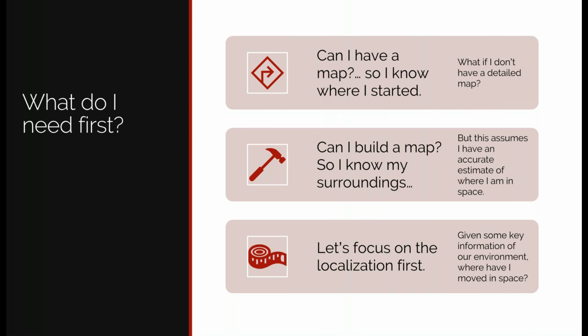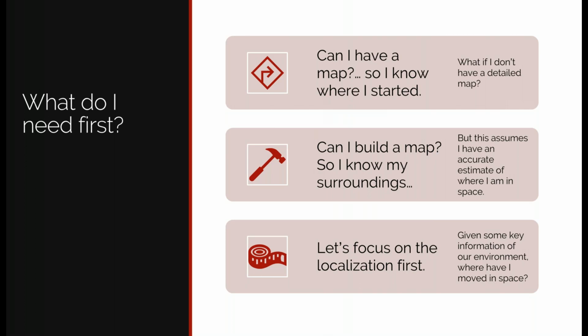So what would I really need first? In a previous example, I showed I have a map, so I know where I've started. But what if that map is not very detailed? Then figuring out my landmarks can be slightly tricky. So I could push that processing a little bit further back and say, okay, can I build my own map? Based on my own map, I have a bias of where I am. I have a reference starting position, and then I can figure out where those landmarks are. But then the fidelity of my map is pretty much relying on how accurate my sensors are. So in order for us to